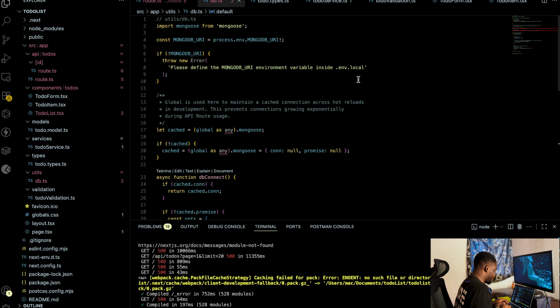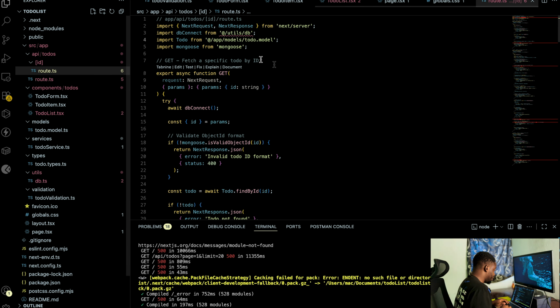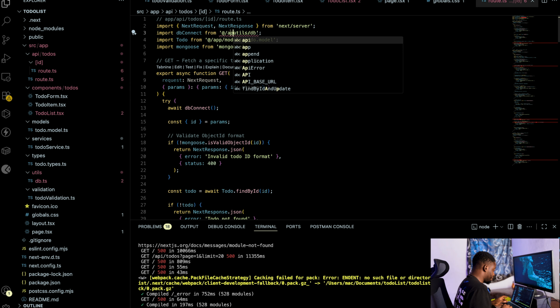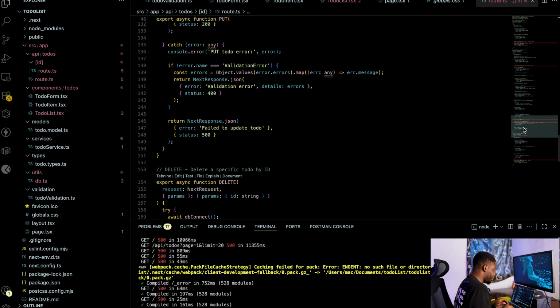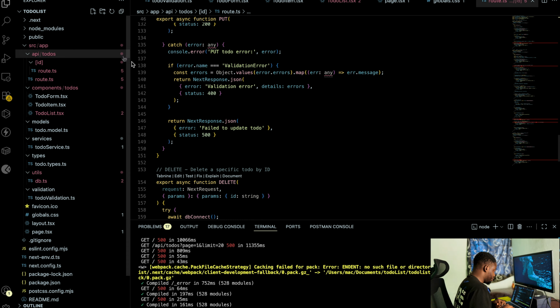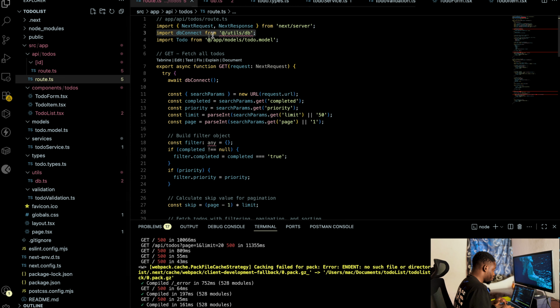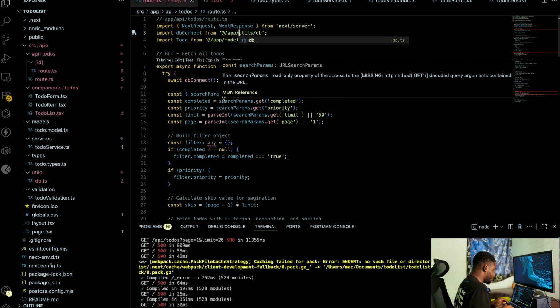So should have everything ready, and let me just import this inside here. So slash app slash, yep, so that should actually fix that issue. Let me see what other issue is here. I think these are type issues. And then here also slash app slash,